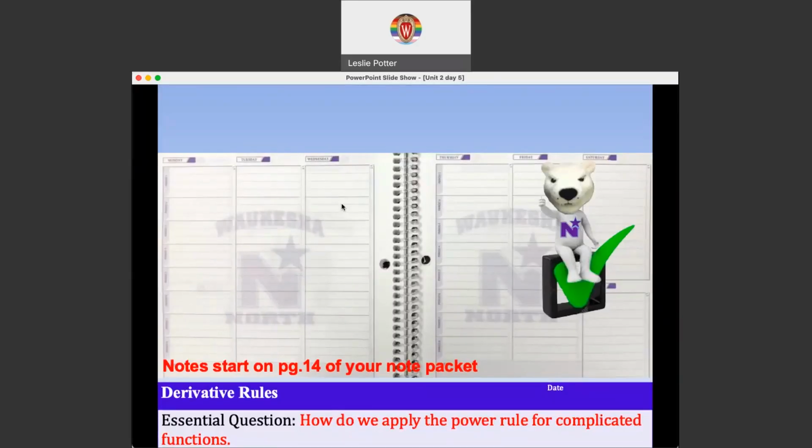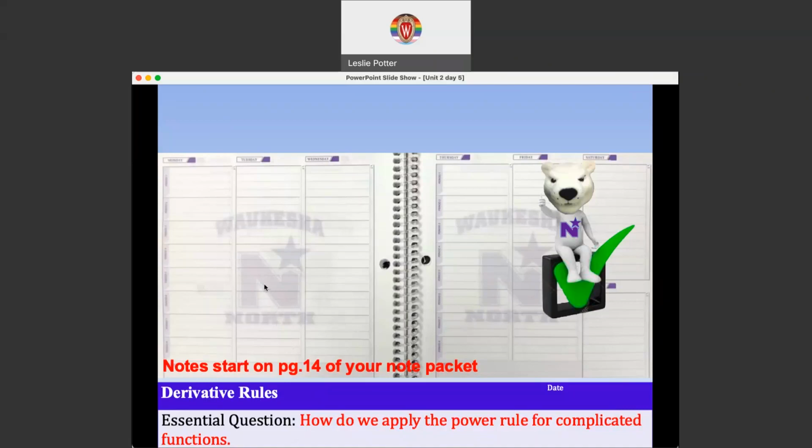These are the notes for Unit 2, Day 5, and they start on page 14 of your packet. The title for this session is Derivative Rules. We've come away from our investigation in the previous class with one really powerful derivative rule. Sorry, another silly pun, but it is super powerful. So the essential question is, how do we apply the power rule to more complicated functions? We did some really basic functions, and now we're going to dive deep and use that power rule